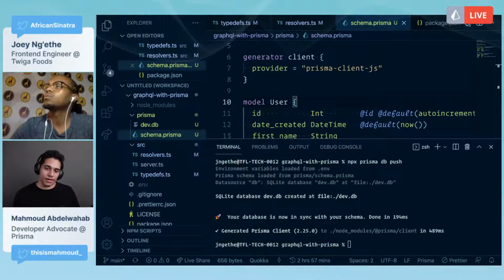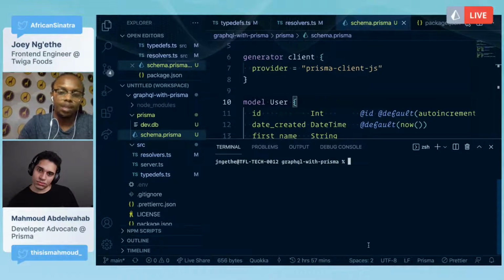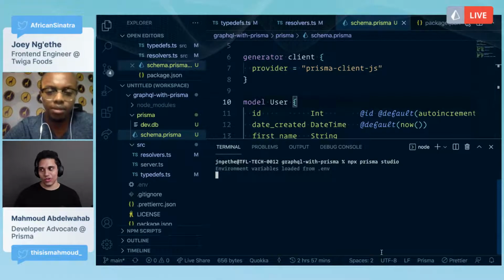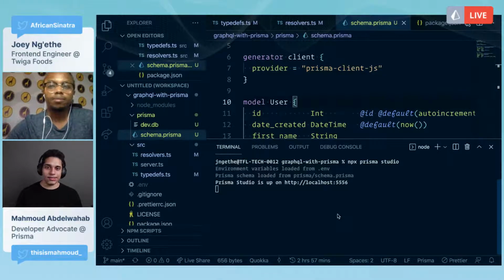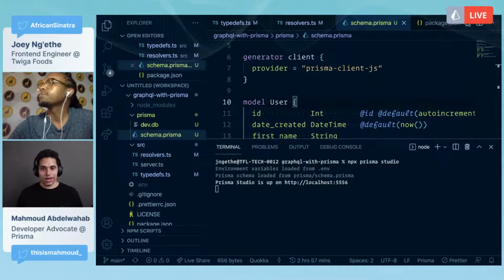So the workflow, if you're following along, is you can just use DB push to set up the database and all that stuff. But anyway, let's write some resolvers. Actually, even before we write some resolvers, I'd like to show Prisma Studio. Prisma Studio is a UI that allows you to view and edit the data inside your database. So we will be able to see what type of data is in our SQLite database. And right now it's empty.